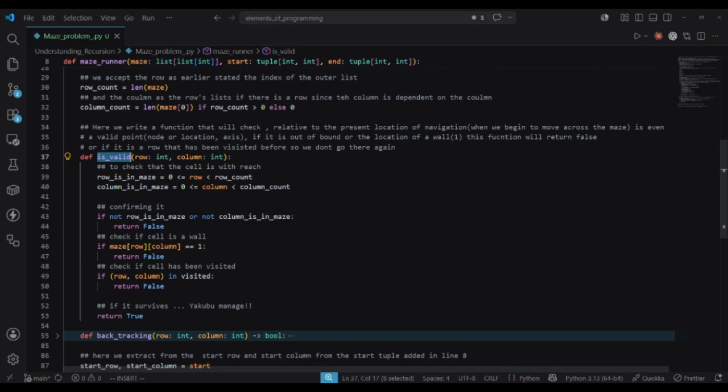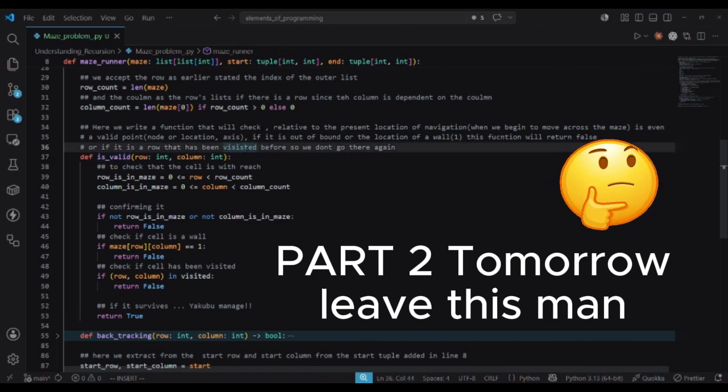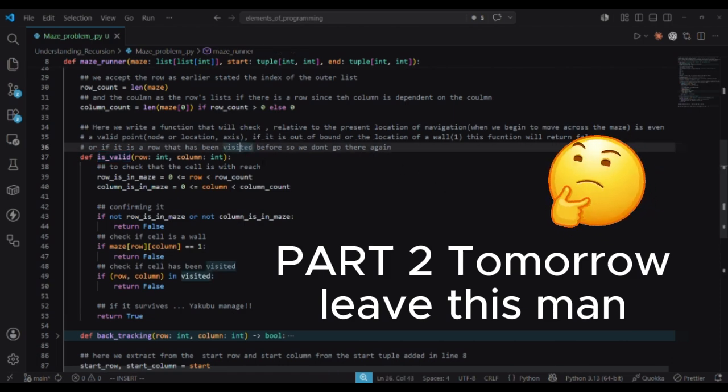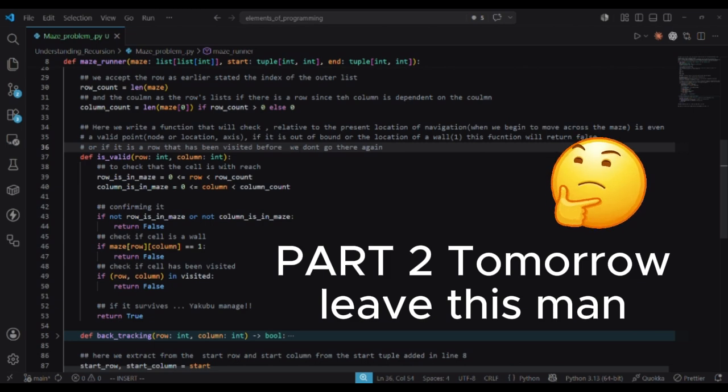Or if it is a row that has been visited before, we don't go there. We don't go there again. Now,